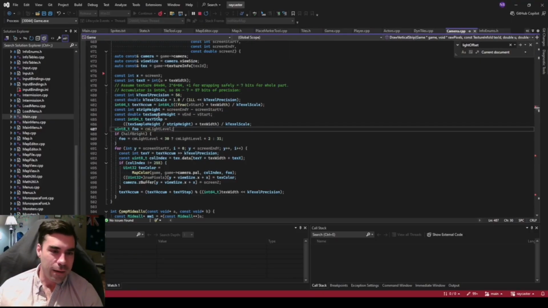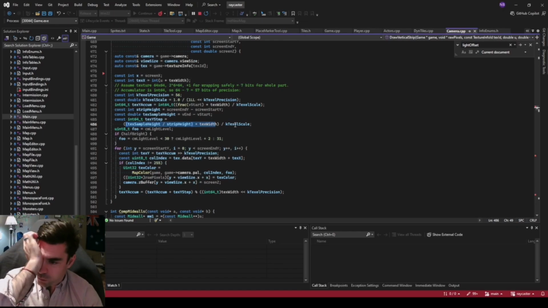And then this strip height I can explain. That's really easy. It's the difference between the start and the end in the Y coordinate. Sample height similarly is the distance between where we start and end in normalized texture coordinates. And then we just divide one by the other and multiply it by the size of the texture. And this here will give us how much we should step through the texture in pixels every step,